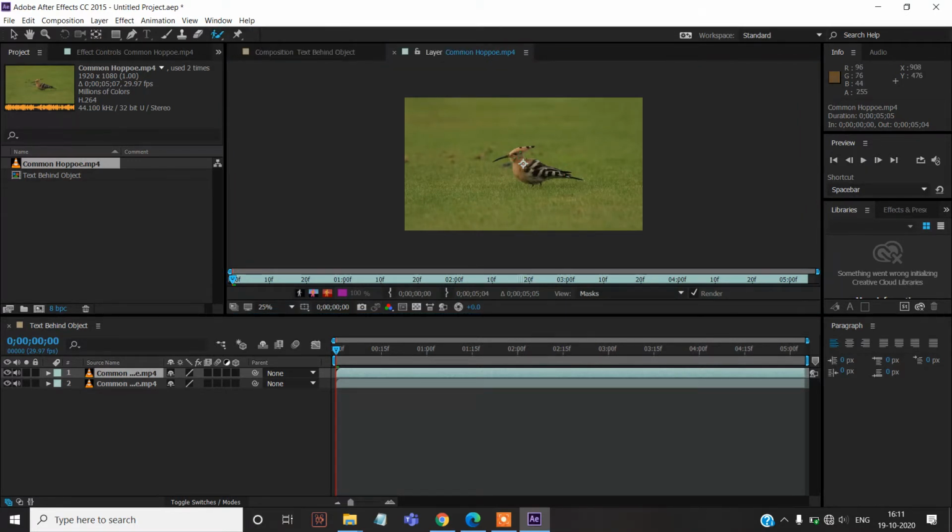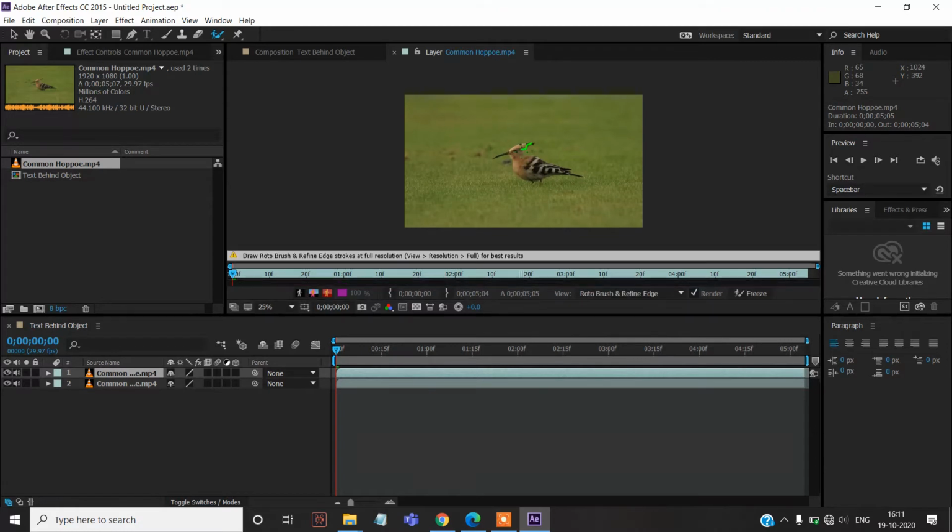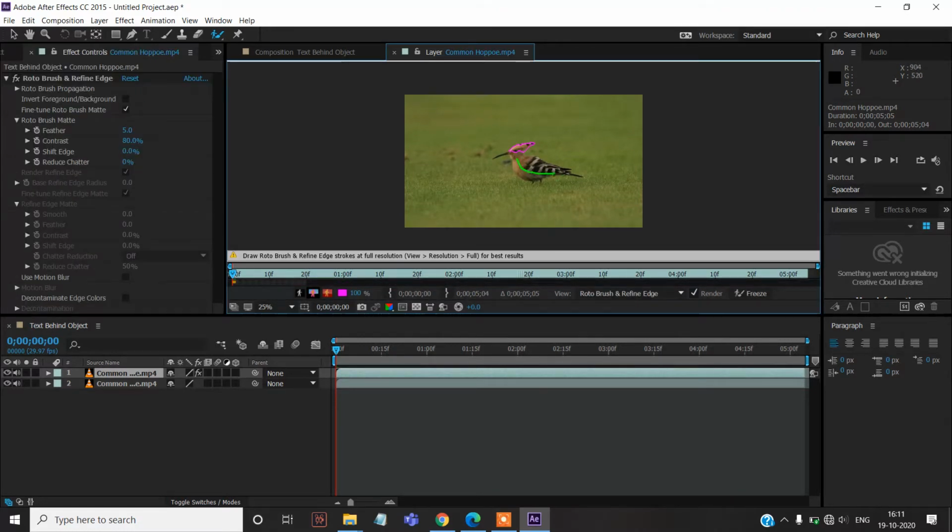Once this is done, we have to go and select the roto brush tool. Using this tool we have to select. It works similar to Photoshop. What we are trying to achieve here is to mask this object, this bird over here. If you want to remove some additional parts, you can do this by pressing Alt and then working on this button.